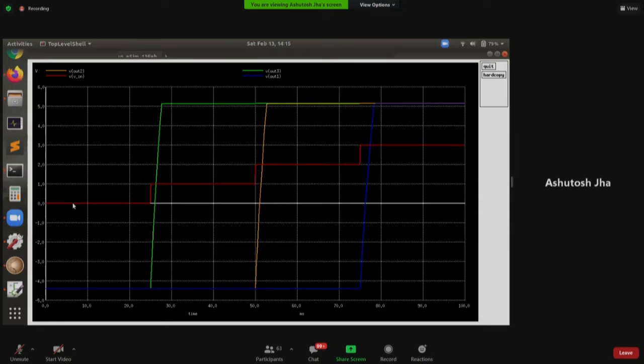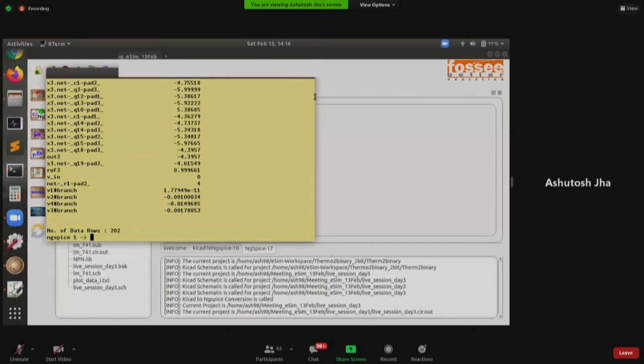As you can see, it's visible, right? Yes, it is visible. So the red signal is the input voltage. You can see it is slowly incrementing in steps, and the green signal is the output of the comparator. When the input signal crosses 1 volt, the output goes high. When the input signal crosses 2 volts, the second comparator output goes high. And when the input signal crosses 3 volts, the third comparator. This part will be already provided, so you don't have to waste time on it.